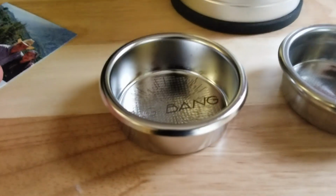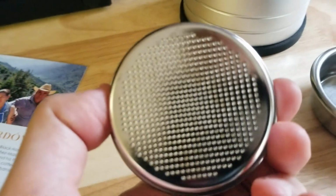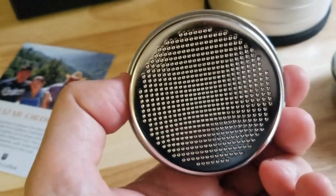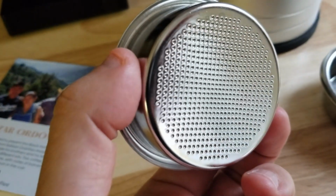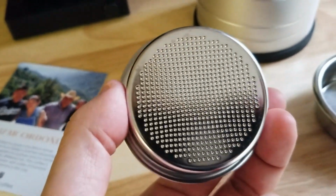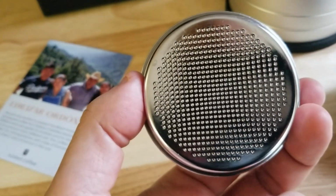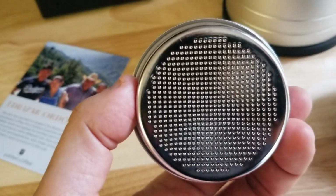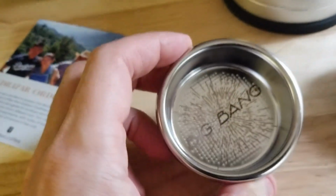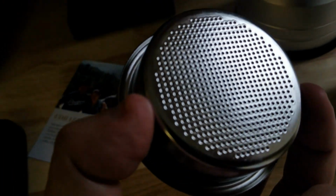Just got this new Big Bang one to try out from IMS. So the difference here is that the holes, it's actually more subtle than I've seen on other people's videos, but the holes get closer together towards the center, which supposedly will help with the flow, how it looks, but also how it actually flows, so